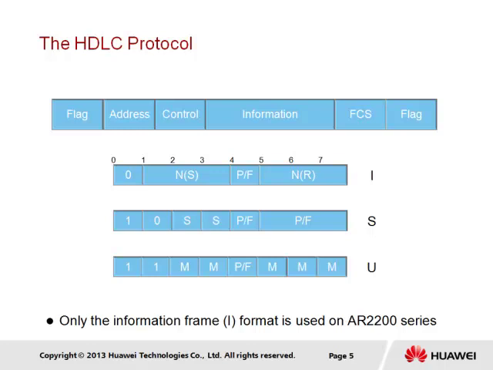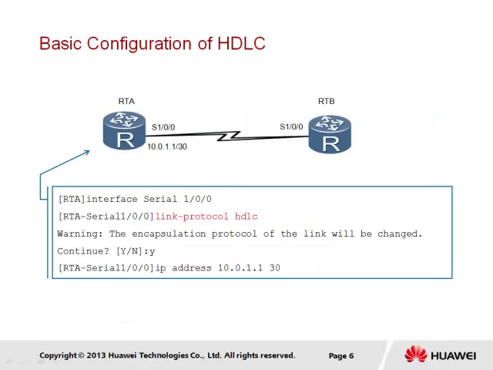There are three standards of frame type that exist, including information, supervisory, and unnumbered, and these are identified through a control field. However, with Huawei products, only the information frame type represented by I here is used. The frame check sequence, like with Ethernet, is used to ensure the integrity of the frame is maintained, meaning errors in the frame can be detected. The information field contains the fields relative to the frame type used. For information frame types, this includes the NS send and NR receive sequence numbers, along with poll and final bits for communicating status information. The establishment of HDLC as the link layer protocol for serial requires very little configuration.